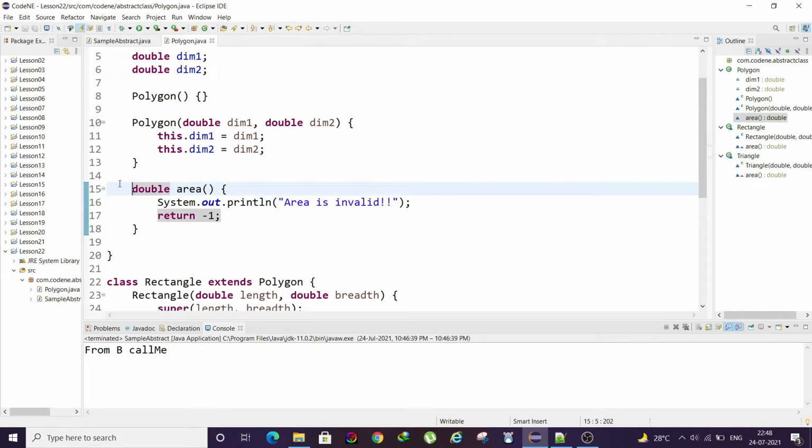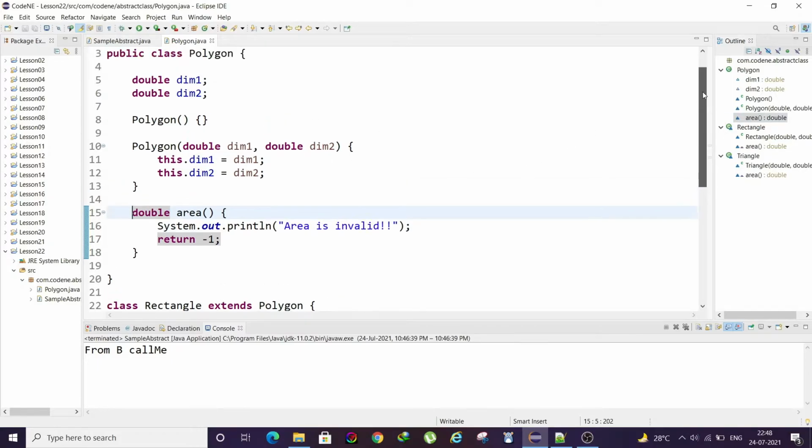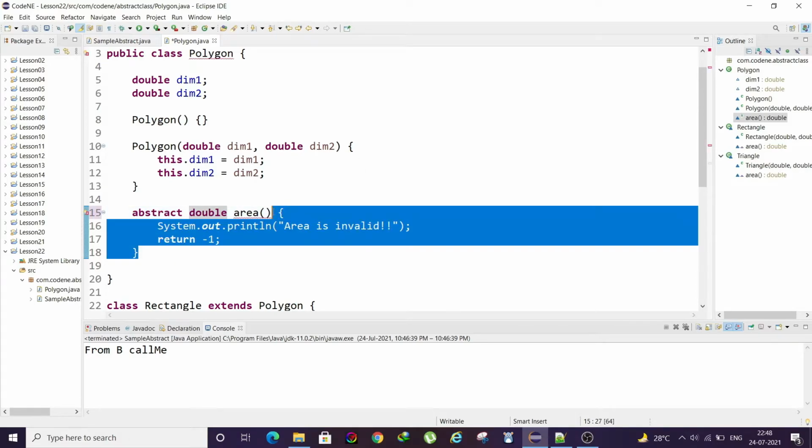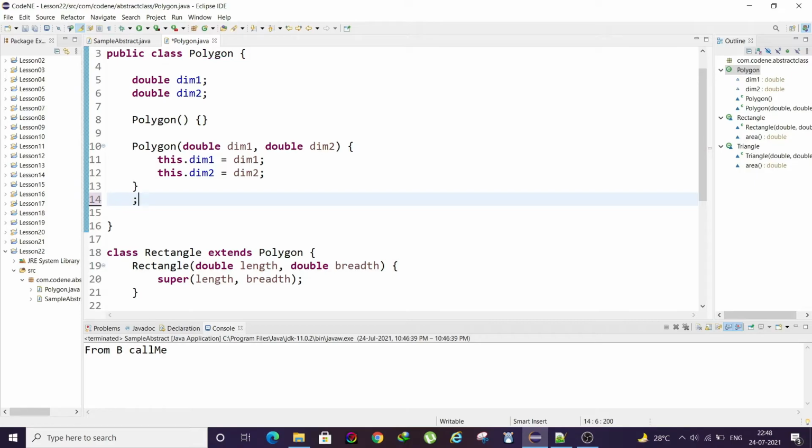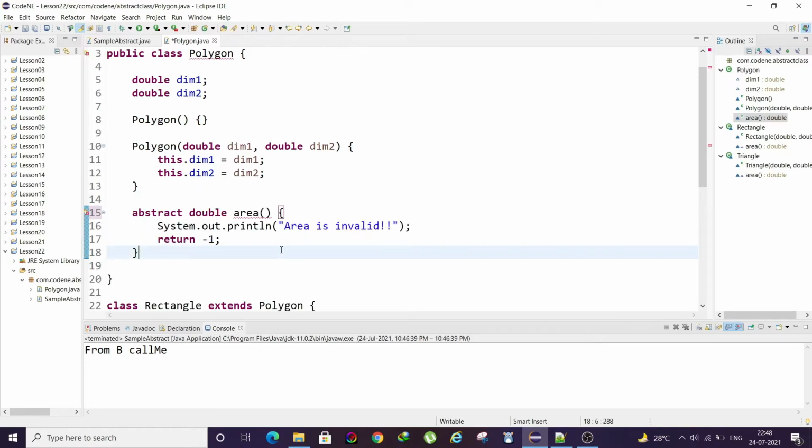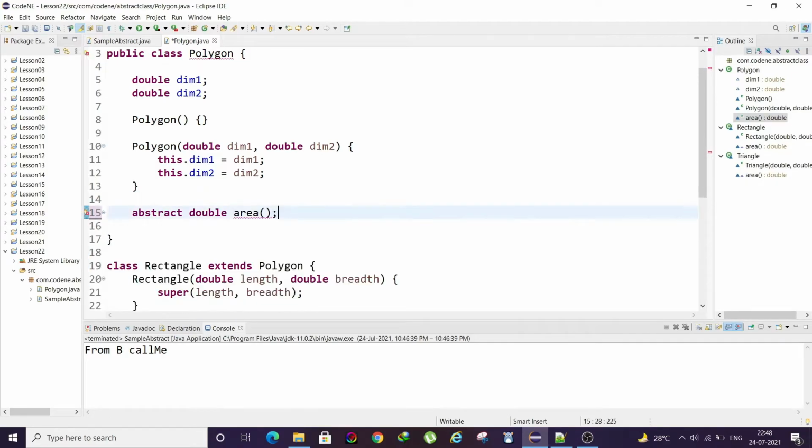See what happens when I make this an abstract method, then I have to remove this body, right? Then I have to make this polygon class abstract as well.